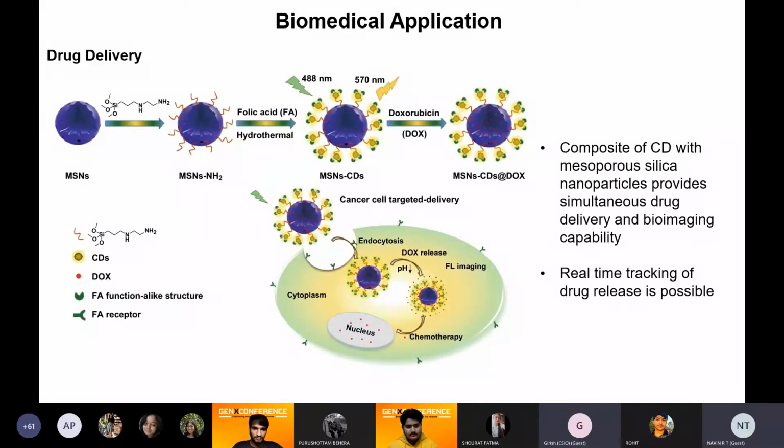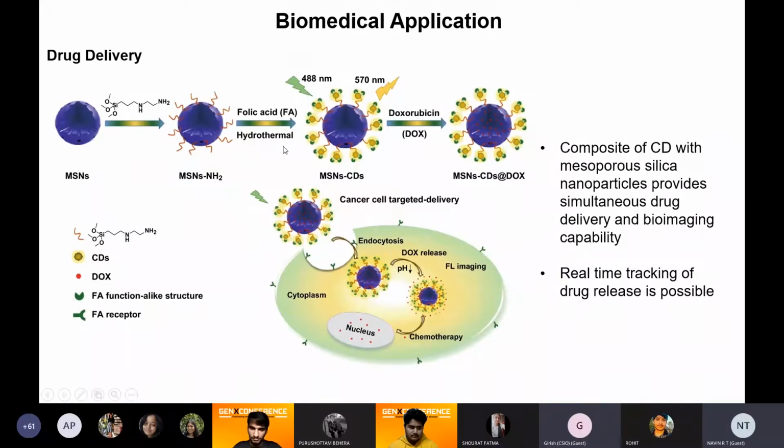Then carbon dots, because of the several functional groups present on the surface, can be easily conjugated with different nanomaterials as well. So we can form conjugates or nanocomposites of carbon dots. For example, in this study, they produced mesoporous silica nanoparticles. These are very highly porous silica nanoparticles, and they had amine functional groups over their surface. And these amine functional groups were attached with folic acid, which also acts as a receptor for various cancer cells,